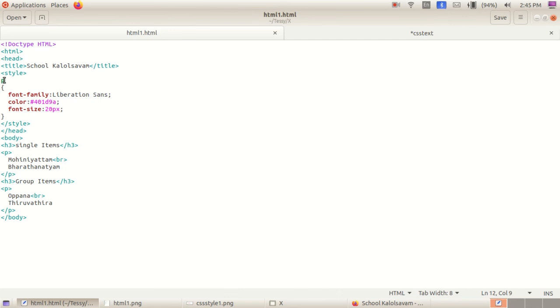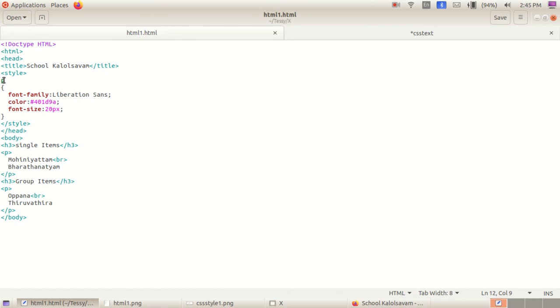P is the selector, an HTML tag. Do you understand? Selector, HTML tag. That is on your page number 35. You can see, children, about all these. What are the indications of each? You can see P selector HTML tag. Then open CSS brackets. After that properties, values, then close brace also.